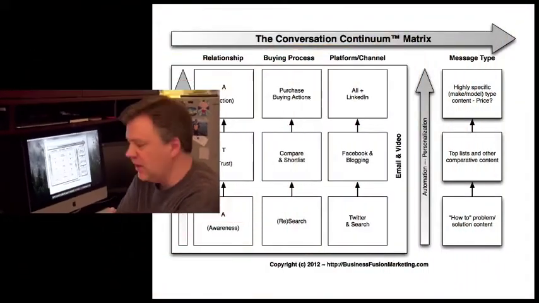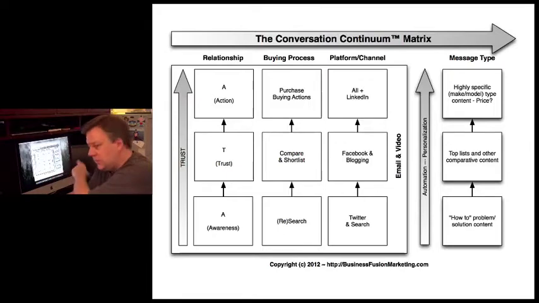the conversation continuum. And what it does, in 3 lines, here and here and here, it shows in very simple terms, well, like I said, I'll show this to you properly, but you get your relationship, buying process, platform of choice. In other words, it shows the state of mind and the buying stage that a person's going through. It shows the stages that a person goes through when they're looking to, shall we say, purchase a product or service.